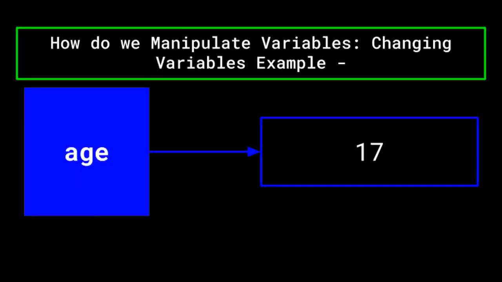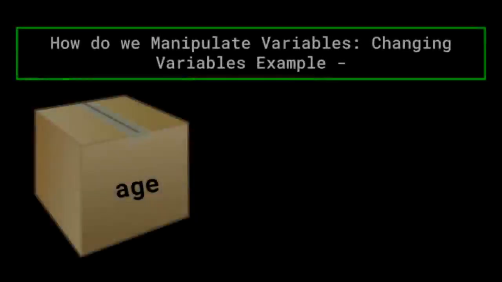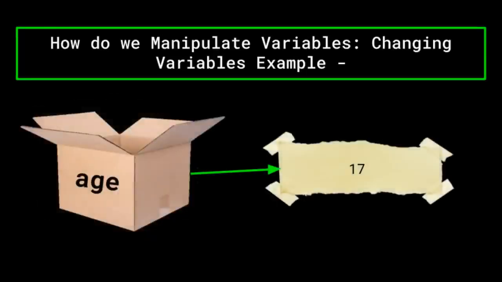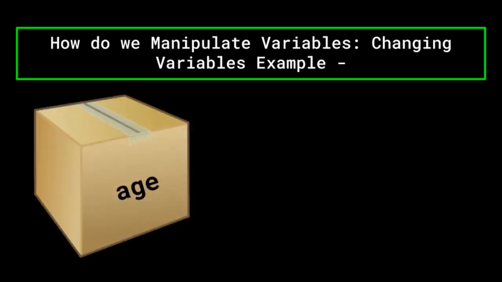Then you celebrated a birthday and wanted to update your age. All you would have to do is reference the variable and set it equal to whatever new integer you want the variable to hold, in this case 18. This would be the same as having a box labeled age with a sheet of paper reading 17 inside of it, and then taking that piece of paper out, erasing 17, replacing it with 18, and then placing it back in the box. Doing this, we are able to easily update the contents of our variables throughout the code as